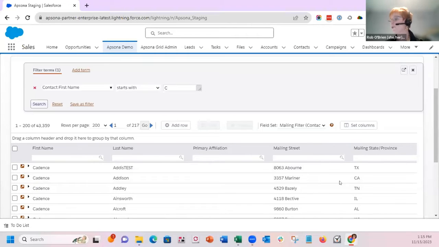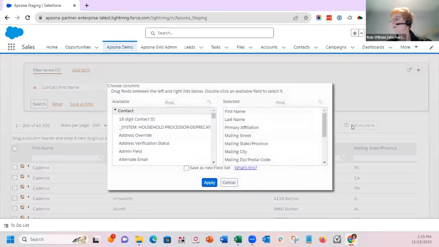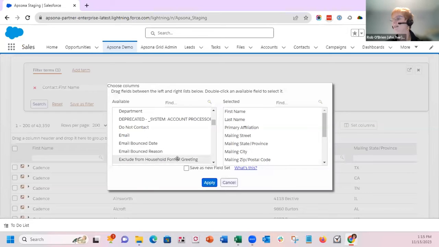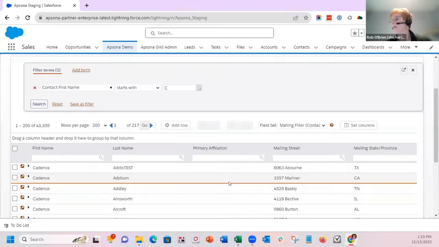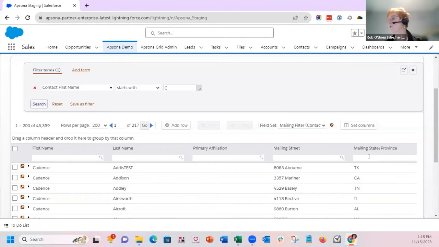I could choose other filters as well, but I know I'm going to do some data cleanup. If I needed to adjust this, I could easily do that by just clicking set columns and pull over whatever other fields I need. If I needed to save that as a new field set, I could easily do that as well. In my case, what I wanted to show you is in this view, you have the ability to